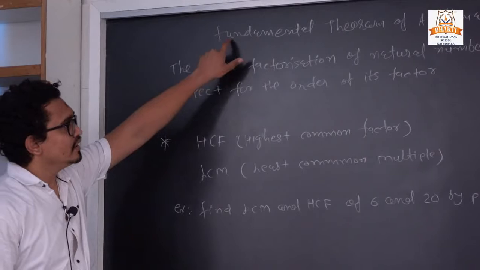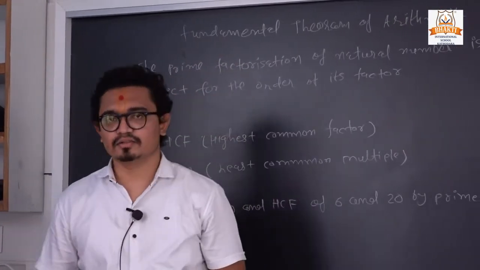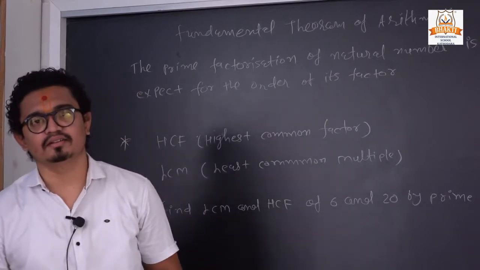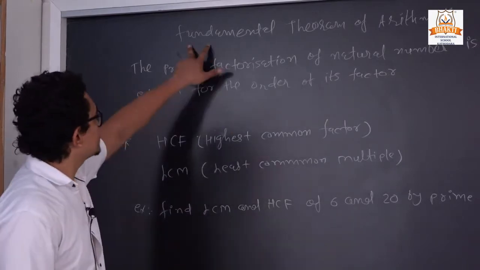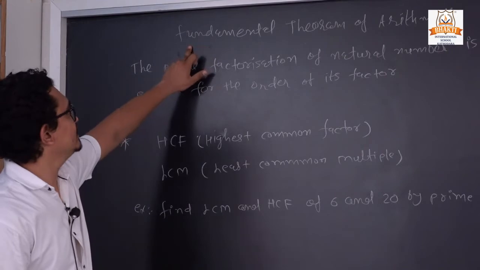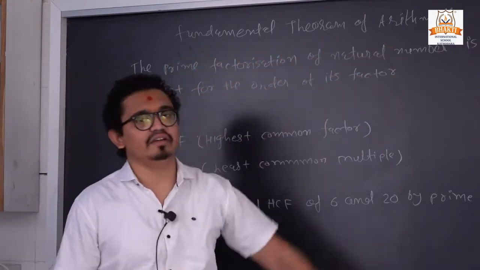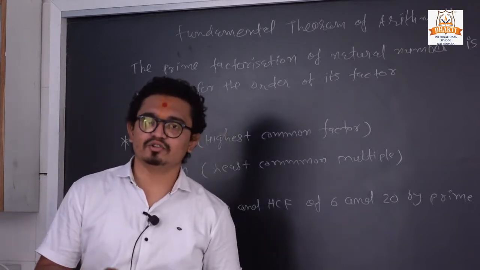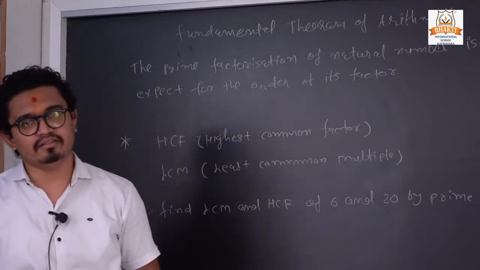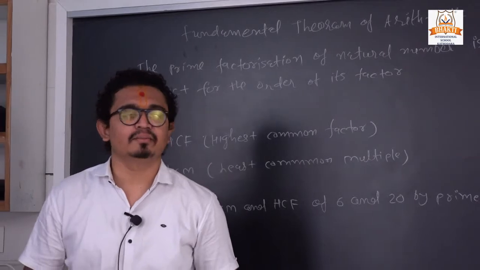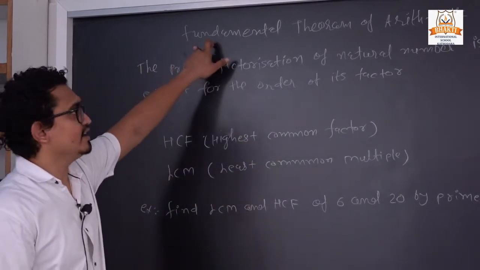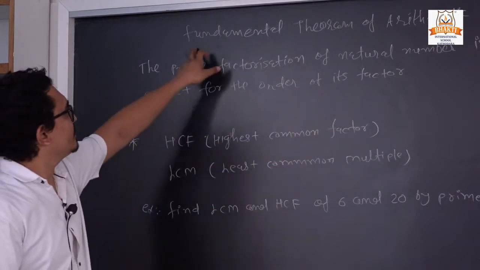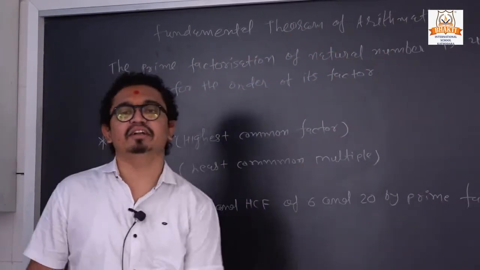So in the previous lecture we discussed how we can find the HCF by using Euclid's principle, and the next topic of that chapter is the fundamental theorem of arithmetic. It is our second topic. Exercise 1.1 depends totally on Euclid's lemma, but that is our second topic. The second exercise depends totally on that theorem. So, the fundamental theorem of arithmetic.